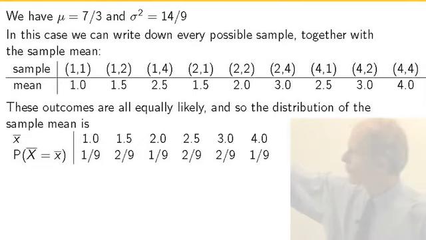And for each of those, using the table above, we can see how many times they occur out of the 9 possibilities. And those give us the probability of that sample mean occurring in a sample size of 2. And so that table there describes precisely the distribution of the random variable capital X bar, where the sample